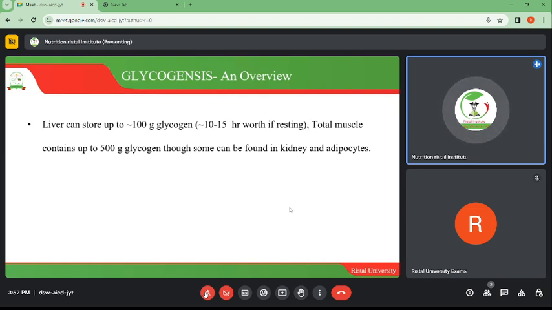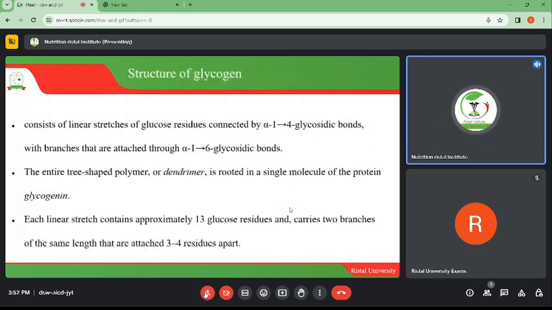Then the total muscles contain up to 500 grams of glycogen, though some can be found in the kidney and also adipocytes. So this simply means we have the major sites where you can find glycogen: the liver, the muscles, kidney, and adipocytes. Then getting into the structure of glycogen, glycogen is just a linear stretch of glucose residues